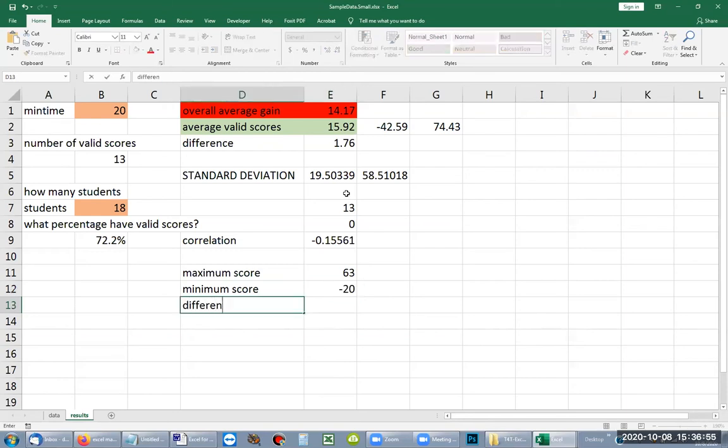So the difference or the total range is that minus, equals that. Is it minus or plus? Minus. So there's an 83-point difference between the maximum and the minimum score from this very small sample set. And I just did a quick subtraction to find that. Okay. Now,